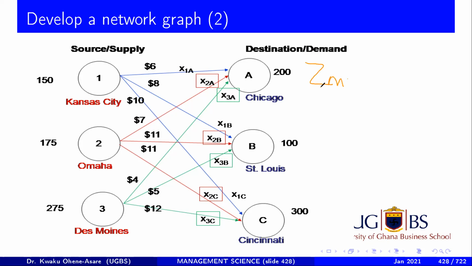So you can have Z min equal to, the first one is 6x1a. That is what it is here. But of course, yours is going to be 6x14, plus 8x15, plus